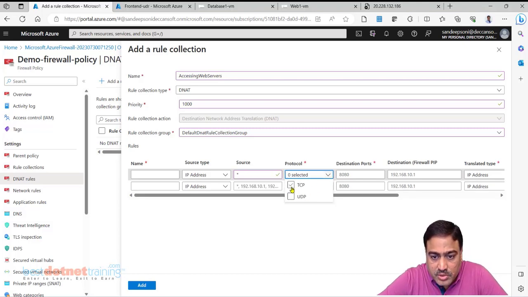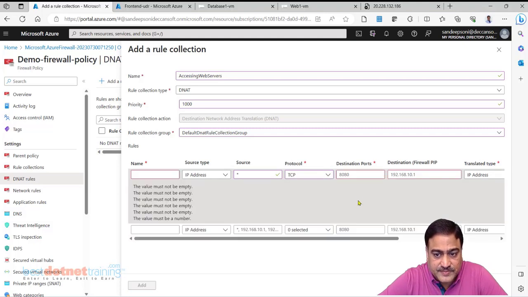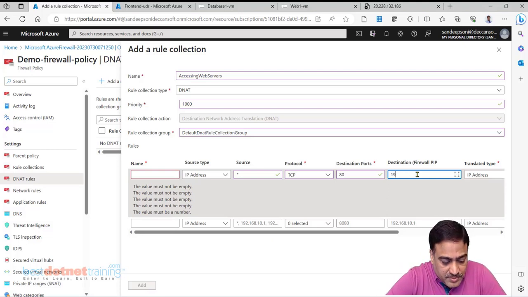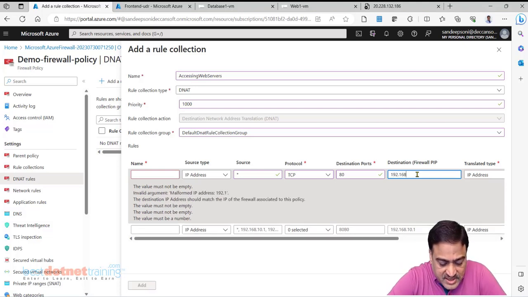Protocol, I would like to support TCP. Destination port 80. Destination firewall IP. We know that firewall IP is 192.168.0.4.